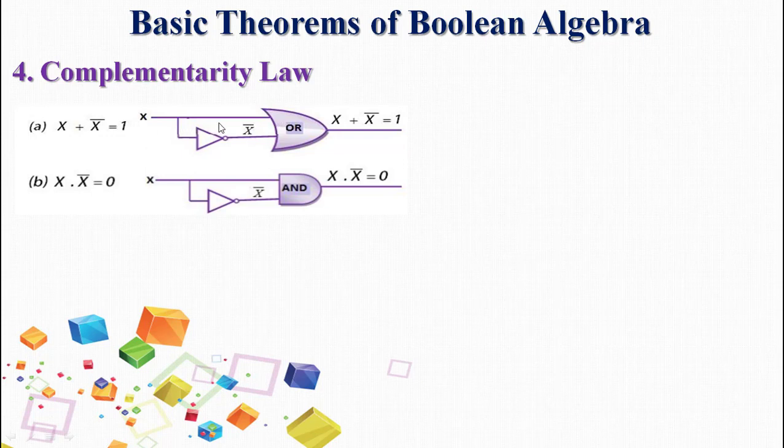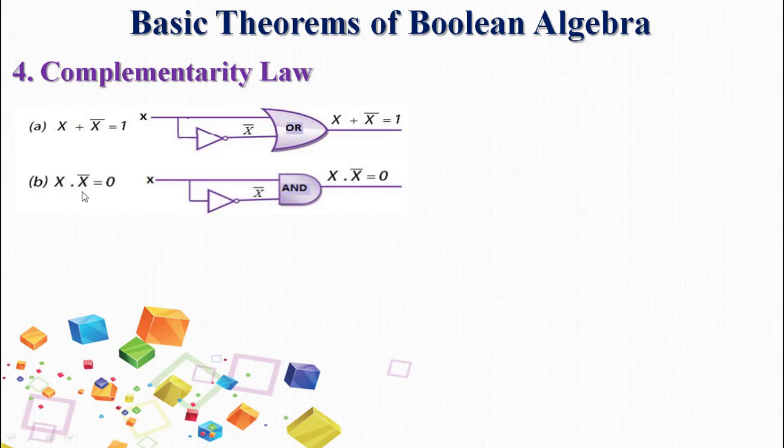So we will have x as an input line for OR, and it should be added with its complement. The complement of x we will get by using a NOT gate. So this is the circuit diagram for the NOT gate. When input is given as x over here, the NOT gate will convert it into x bar, and that will be the input for the OR gate. So the expression will be x plus x bar is equal to 1 always.